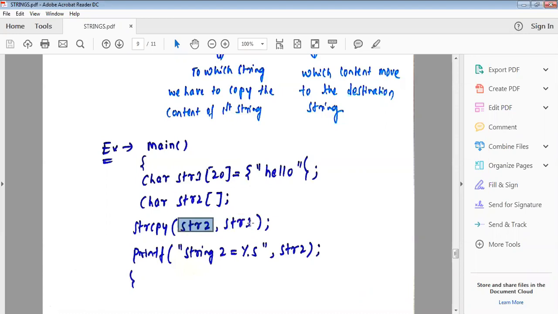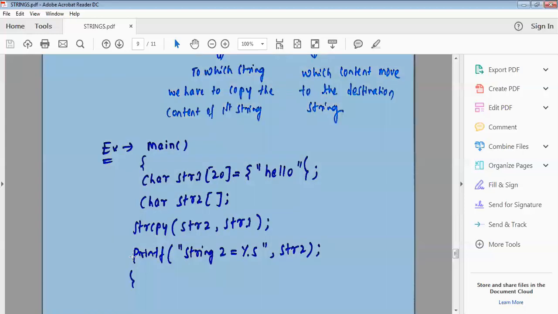What is stored in str1? You have stored the content hello string in str1. That you have to move on to str2, meaning you are copying the content of str1 to str2. Once you copied the content of str1 to str2, then you print the result.